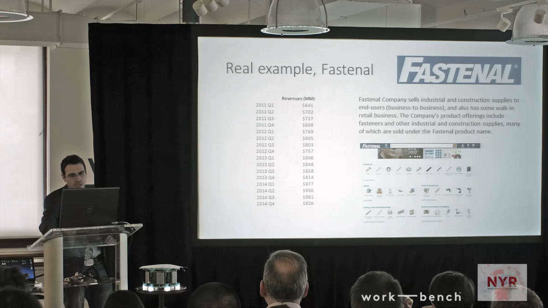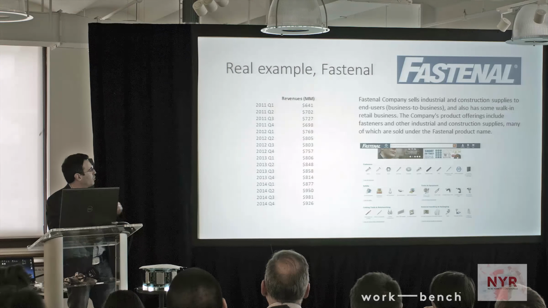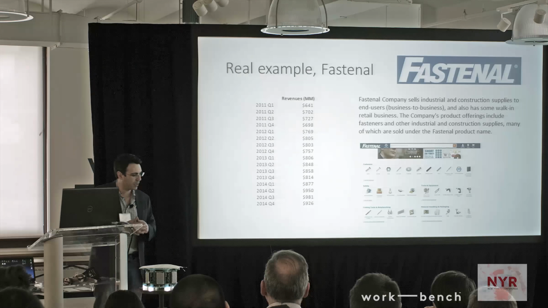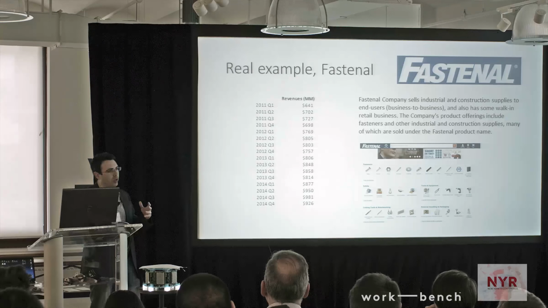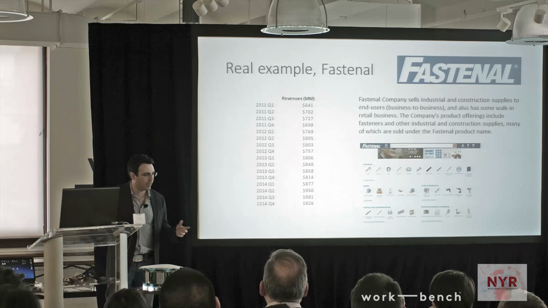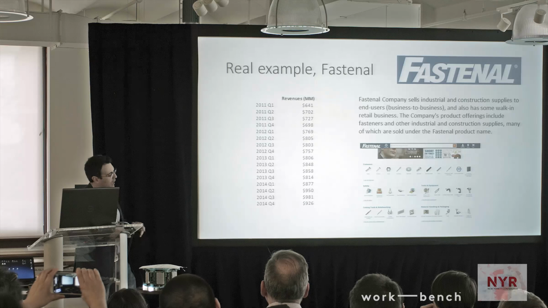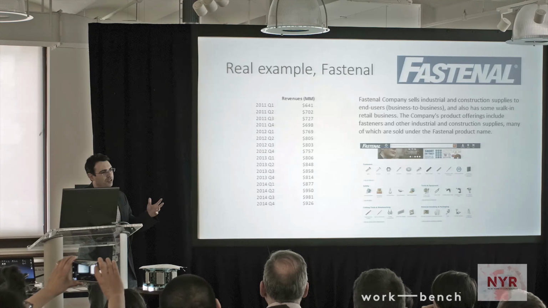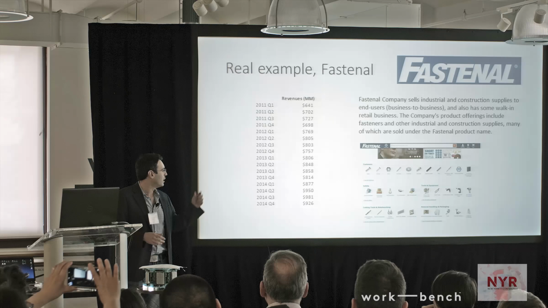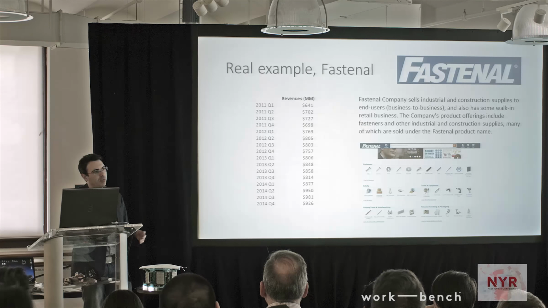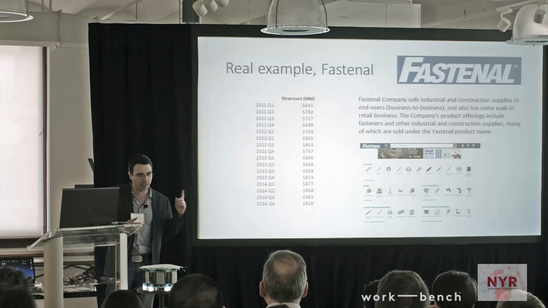months. Okay, so I'm going to walk through an actual example of how we can interpolate monthly revenues from quarterly, and I'm going to pick on this company called Fastenal. It's a fascinating company that sells fasteners, and the ticker name is FAST. They sell industrial supplies, mostly wholesale, nuts and bolts and safety equipment. And for the most part, they're a pretty typical company, except for one thing, and I'll go into that in